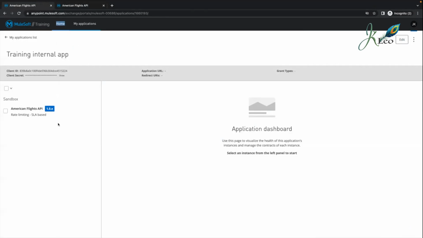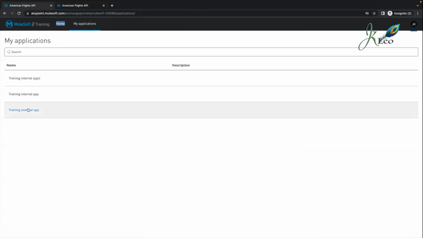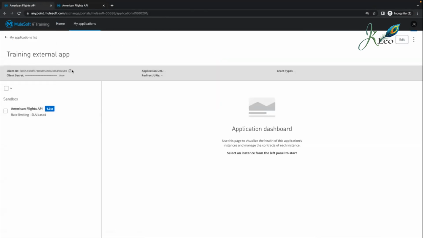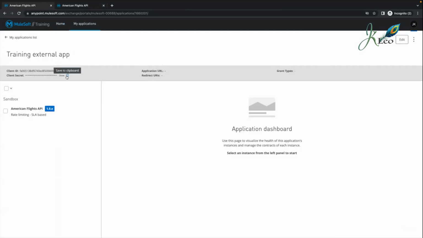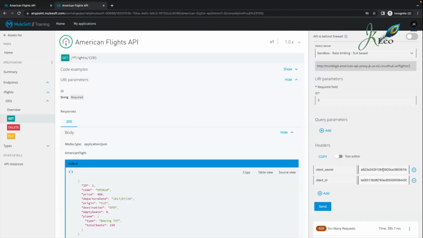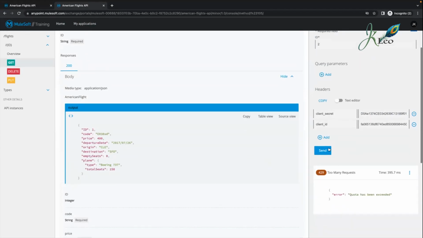Now I want to test the silver tier. So external app, copy the client ID here. Now I'm selecting the silver tier. Client ID, in the ID paste, and in the client secret copy and paste. Now this is for the silver tier. How many requests for silver tier? One request per 1 second. So every second I can request one, but if I request immediately,